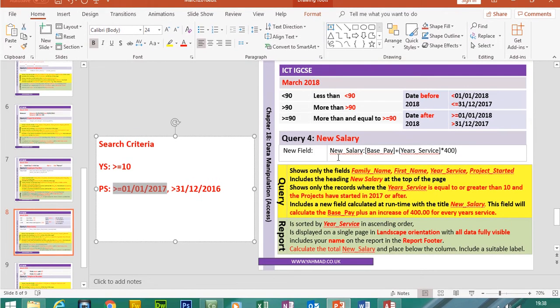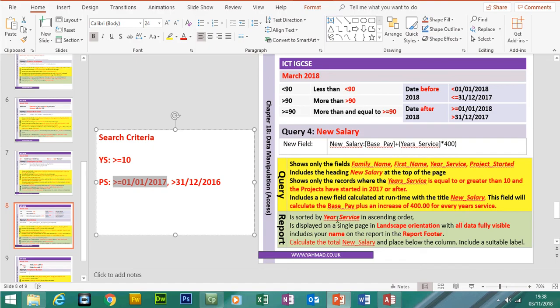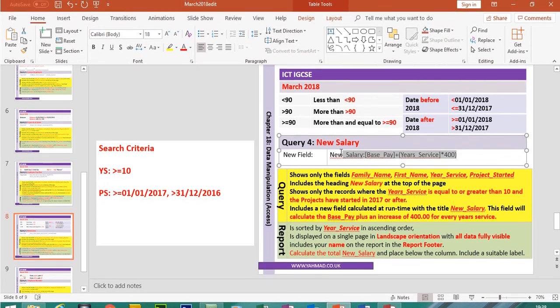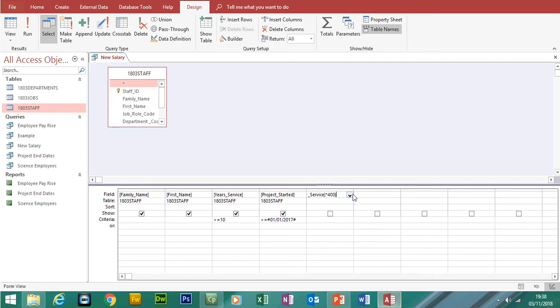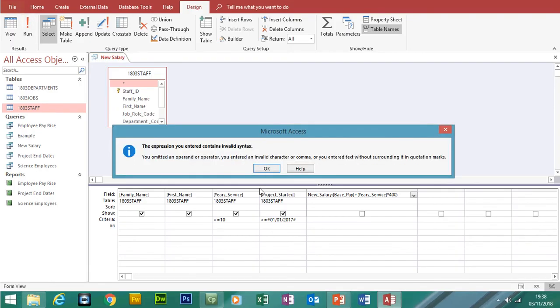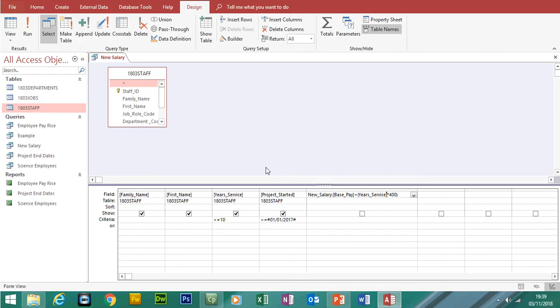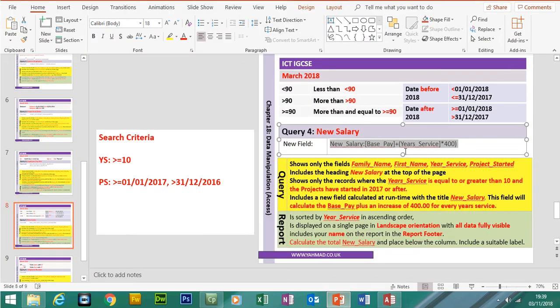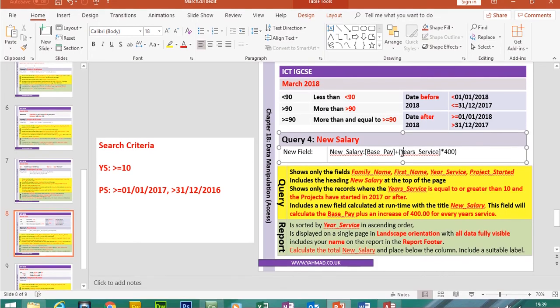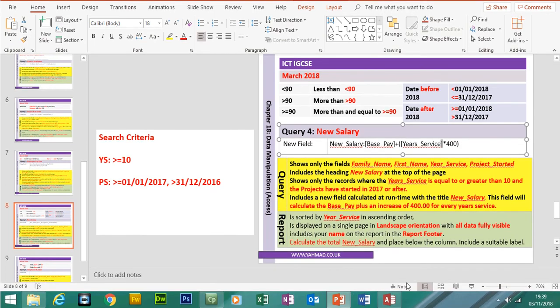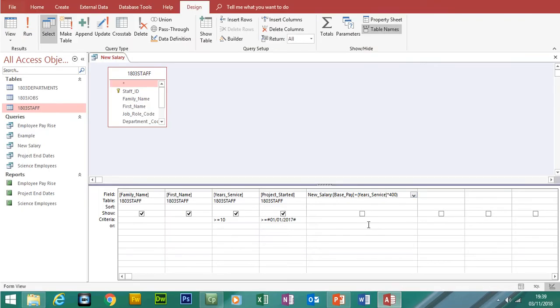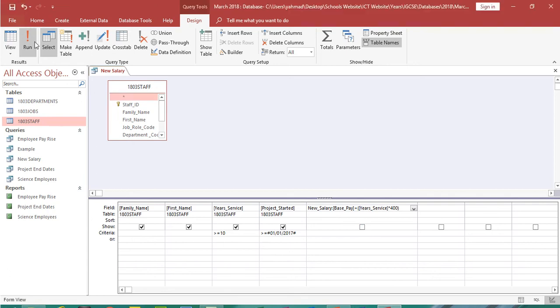So now let's create the new field called new salary. This field will basically calculate the base pay plus an increase of 400 for every year's service. Okay, so let's copy. Let's click and run. Okay, I forgot to show you here. Year service is a field, so we need to put year service into square brackets, which I forgot to do. So if I click on run now,